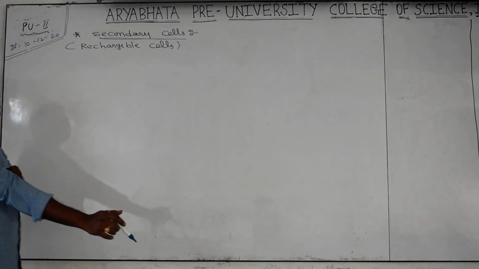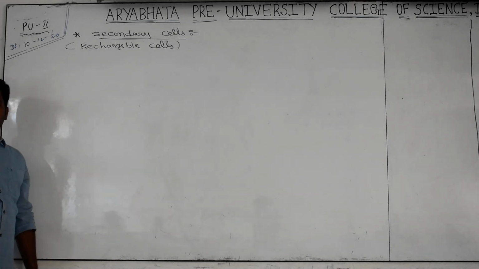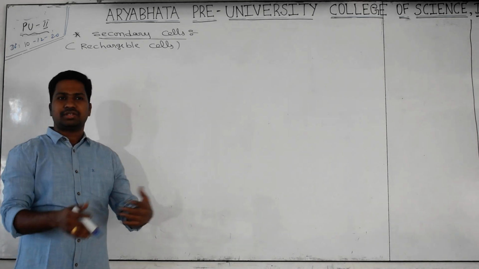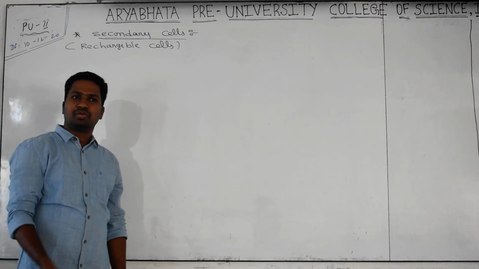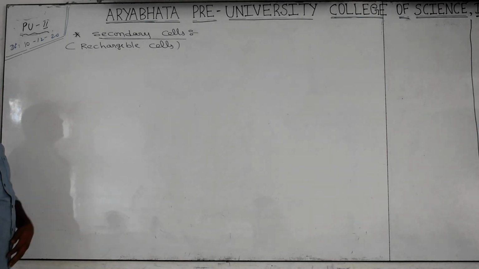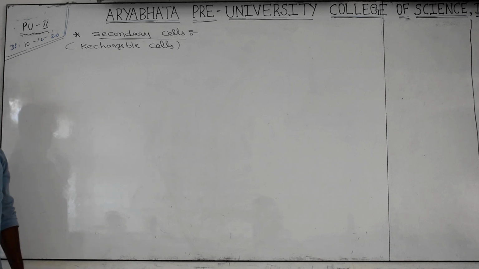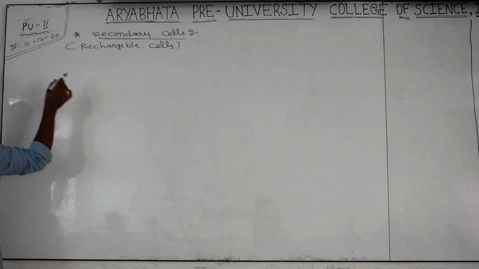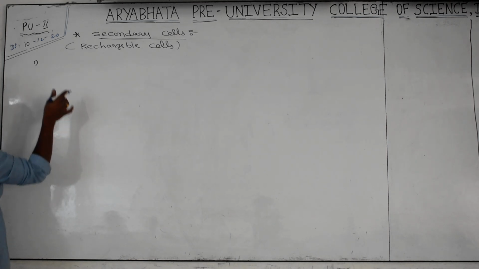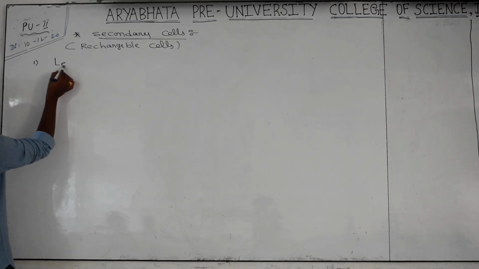Today we are discussing about the secondary cells. They are the most useful in our daily life, like inverters, mobile batteries, and all these rechargeable batteries, camera batteries. These all come under secondary cells. Secondary cells means, indirectly, rechargeable cells or rechargeable batteries. Under this, the first one I am explaining, most useful in automobiles and in our daily life, is nothing but lead storage batteries.